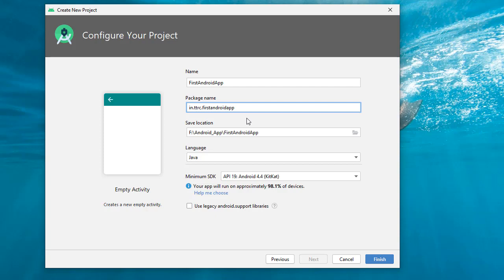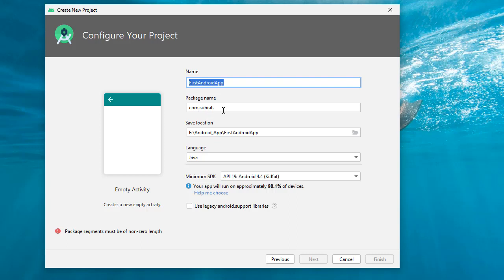In.ttrc because ttrc.in. You can write anything like com.subrat.firstAndroidApp. Let it be com.subrat. And the rest is your application name.